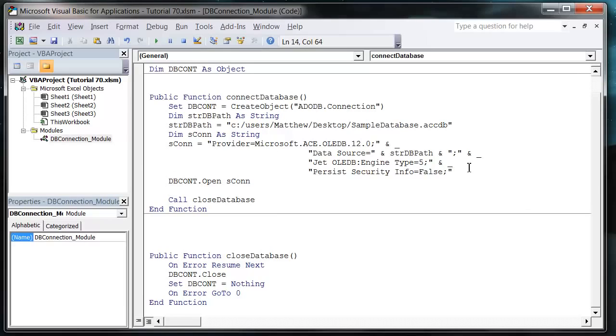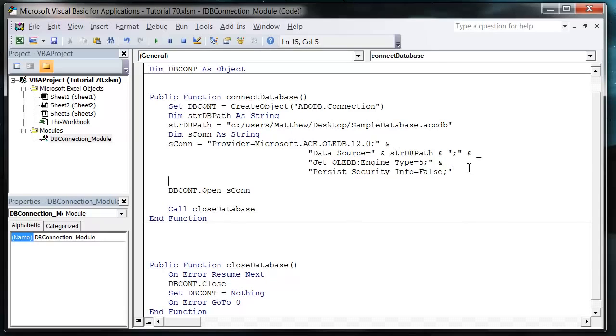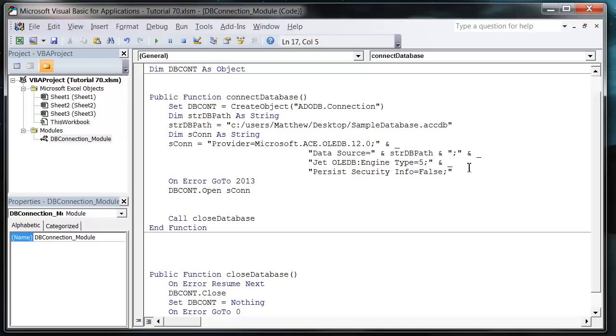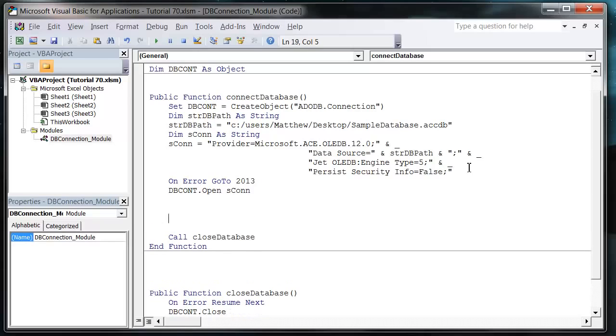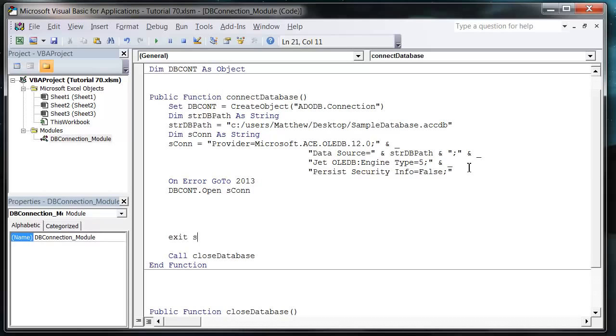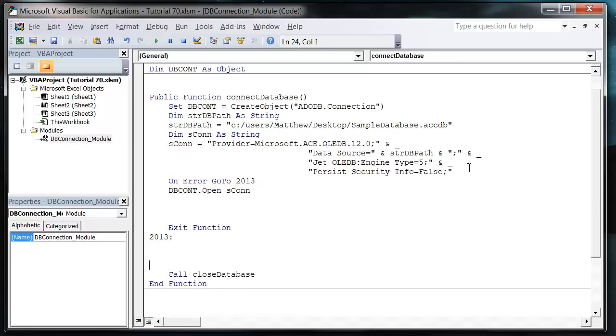So what I'm going to do is just here, I want to go on error, go to 2013, and then down here I want to do 2013, and above it just put exit function, and I'm going to have another error down here called error, and then I'm going to use the provider that you have for 2013,